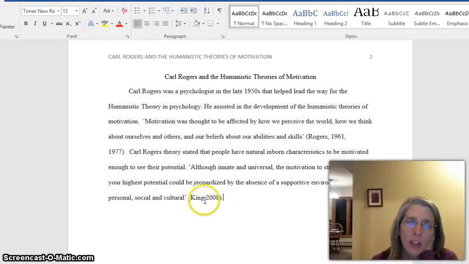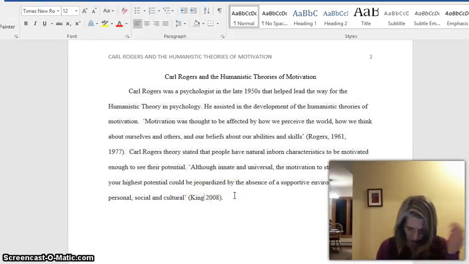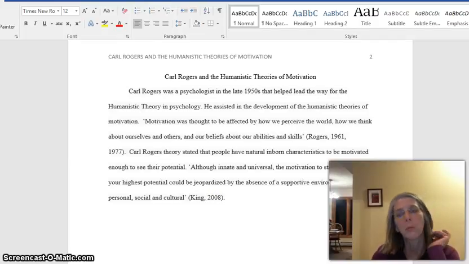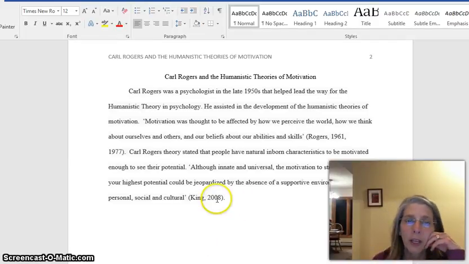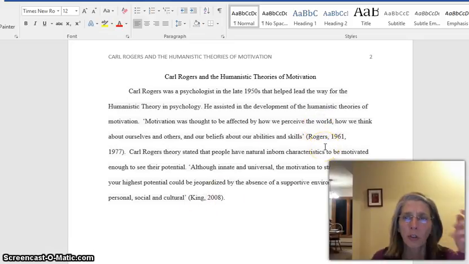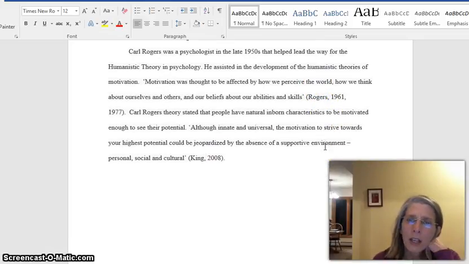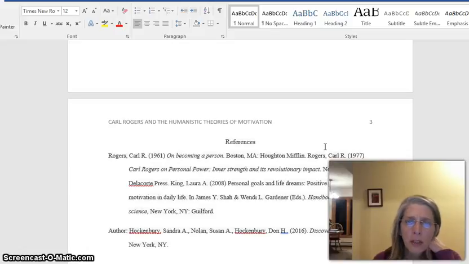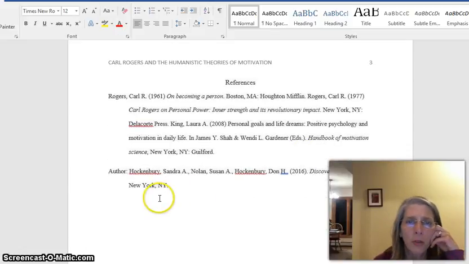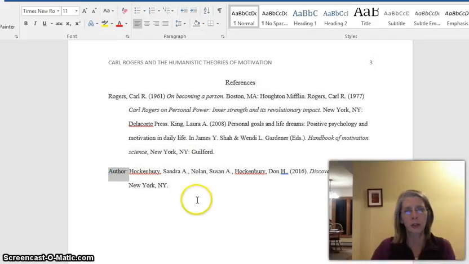This second citation that you have, let me just say, you always are going to need a comma between the author's last name and then the year of publication. So we need to work a little bit more on these two. Once you do some corrections, send it to me with some comments. Let's look at the references really quick. Good start on these. We're just going to focus on this one.